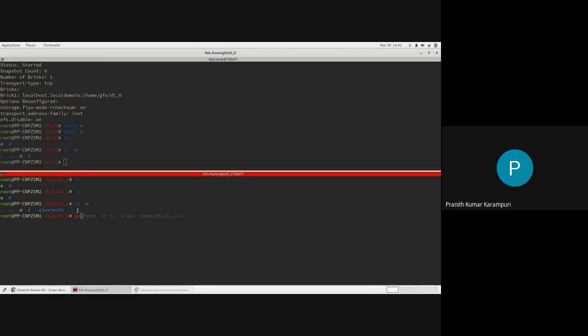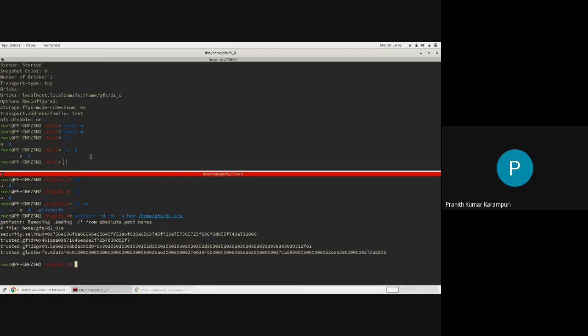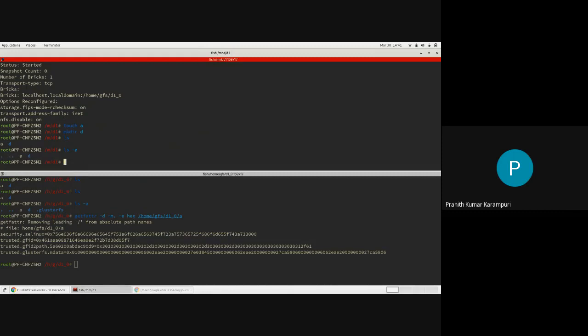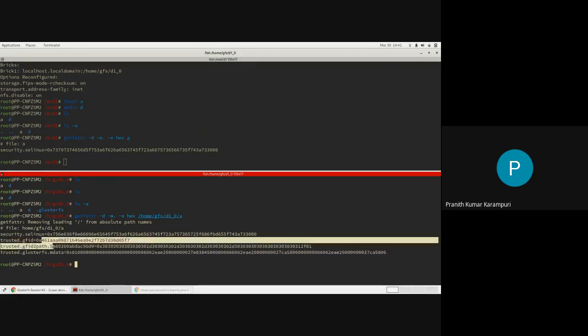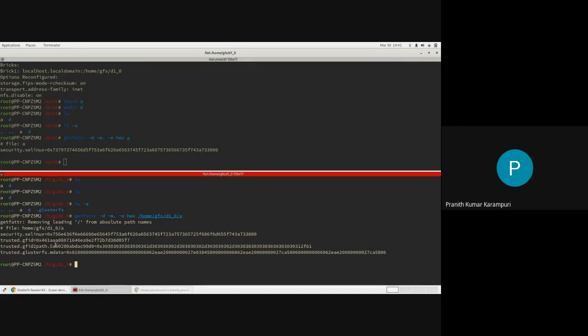We can also look at these. You can see that there are some extended attributes present here which are not showing up here. These are again internal to GlusterFS.